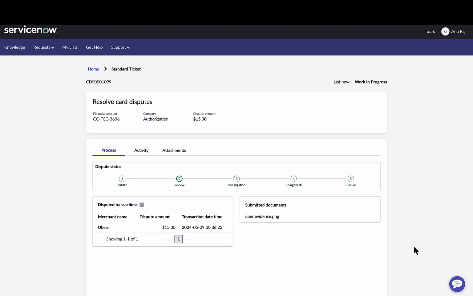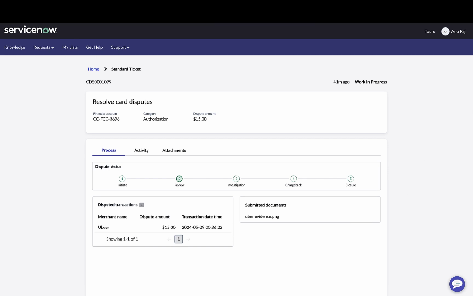Now that it's submitted to the bank, the dispute agent will begin working on it in the workspace, automatically getting access to Anu's preliminary answers. As you can see, Anu can easily monitor exactly where the transaction is in the dispute resolution process, rather than just waiting and wondering. This cardholder dispute intake process hugely improves cardholder experience, as it simplifies the process and allows